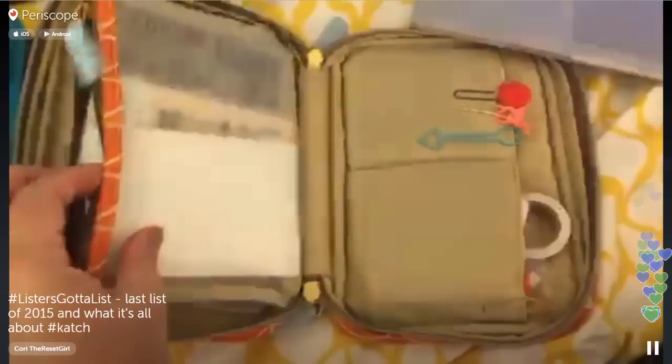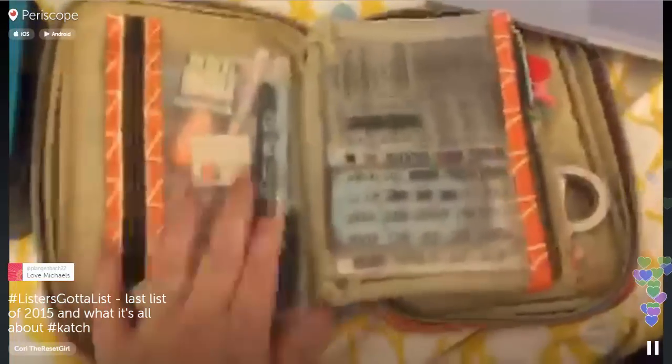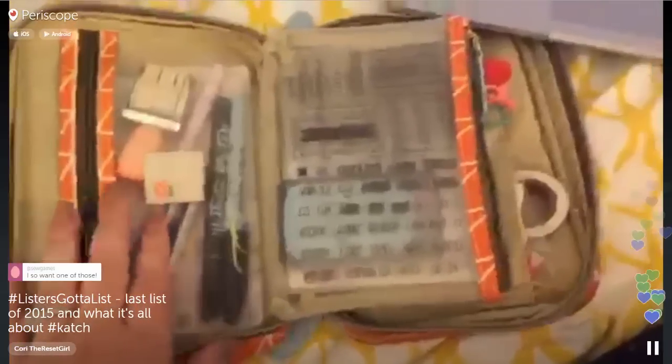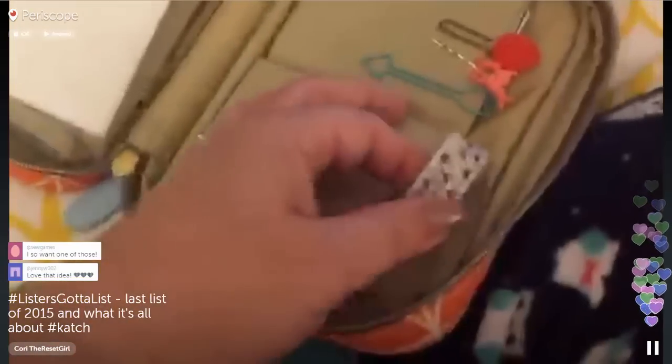I put acrylic stamps here in the center pocket, and in this one I have a roller stamp. I have some pens, I have a glue stick, I keep a little pair of scissors in here, and then in these pockets, which actually has a little roll of washi I smuggled in there, I keep journal cards in here. So you can set yourself up with a very simple little decorating kit to make it really easy